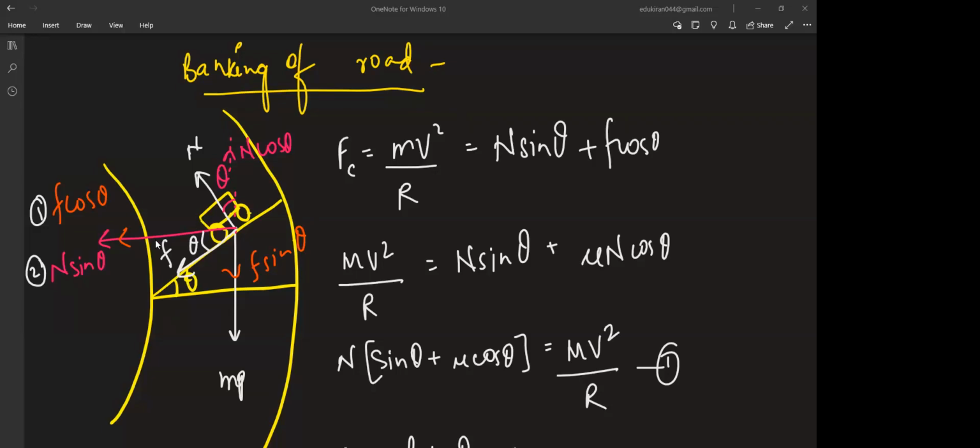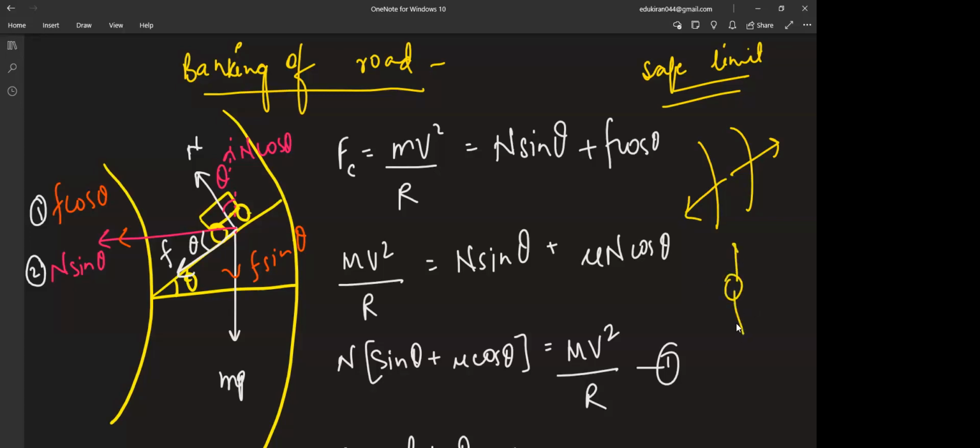Acha, you must be confused because of the friction. Friction we have taken downwards. See, I told you, we talk about the safety limit that is usually written on roads already for different vehicles. For trucks it's separate, for cars it's separate. If the speed limit is exceeded, then the vehicle will have the tendency to move outwards because of centrifugal force. Remember, in the last class we did centrifugal force. That's why friction has the tendency to act like this. Otherwise, the vehicle is normally moving forward and friction force is acting backwards also.